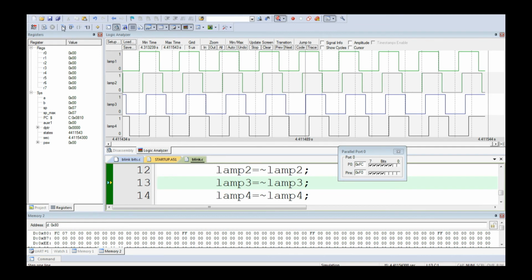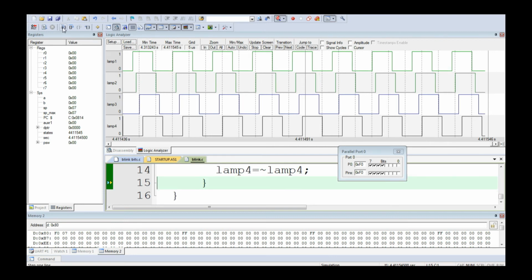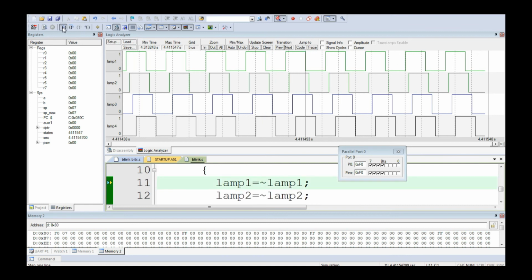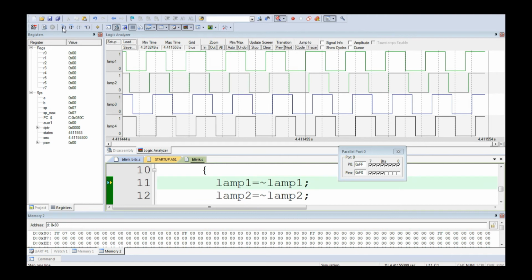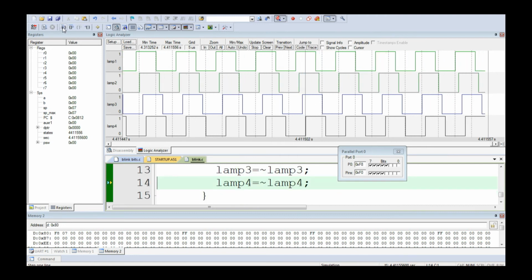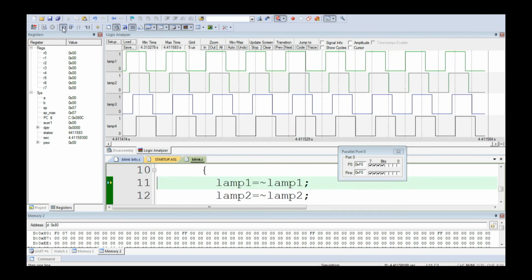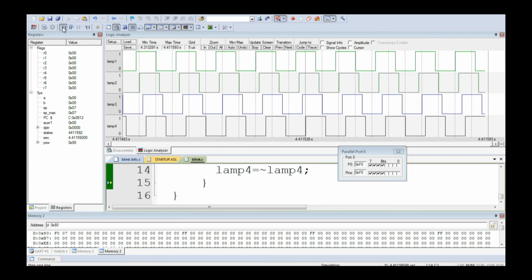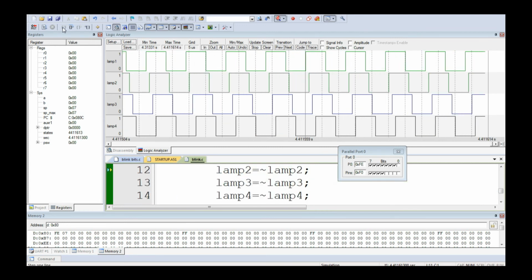First lamp 1 is becoming 0, then lamp 2 is becoming 0. Now you can see the simulation at the top right corner, lamp 3 has become 0. Now lamp 4 will become 0. You see, single step, lamp 4 has become 0. Now you see lamp 1 will become 1. Now lamp 1 has become 1, lamp 2 has become 1, lamp 3 has become 1, lamp 4 has become 1. After some time, lamp 1 has become 0, lamp 2 becomes 0, lamp 3 becomes 0, lamp 4 becomes 0. Fantastic, right? So timing in microseconds can be visualized very clearly by using the simulator. That much powerful the simulators are, which we need to appreciate.